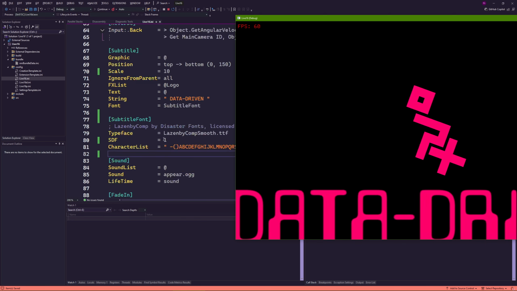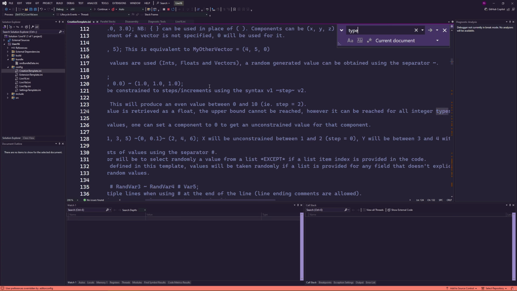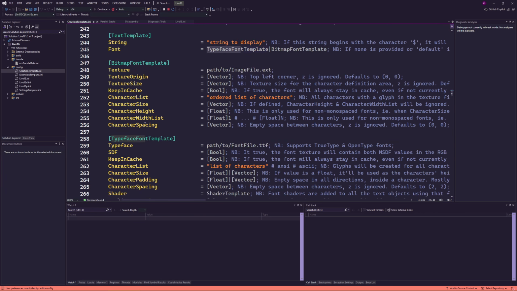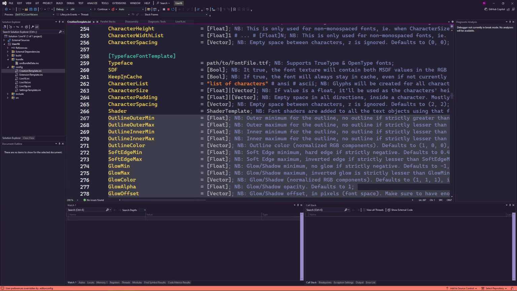And we can actually make it even more precise by looking at the creation template here. If we look for typeface font, which is a new kind of font we have here, we can see we have a bunch of parameters, because typeface font, when the SDF is active, is going to use a shader to get the SDF, the signed distance field information, and translate it into a visual.